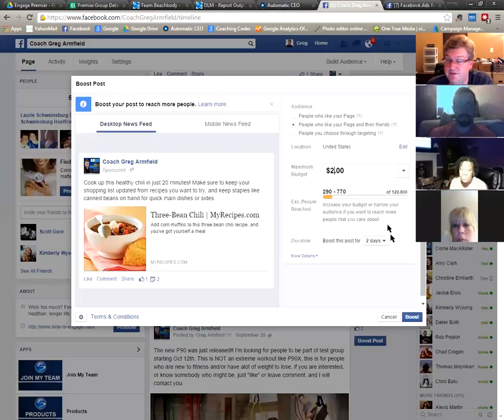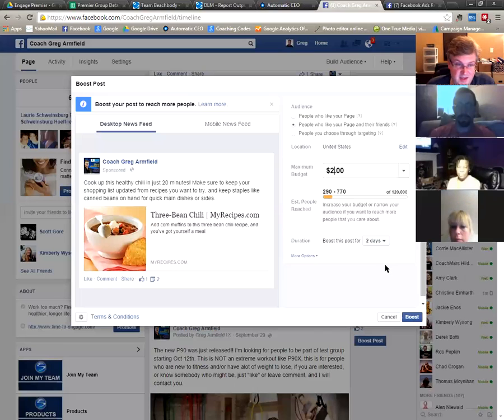If I want to make sure that all 600 see it, because just because you post something on Facebook doesn't mean those people are going to see it, right? But if you boost it, then Facebook is actually going to show it to those people that are your friends and their friends of friends, depending upon how much money. So that's an easy thing you can do.